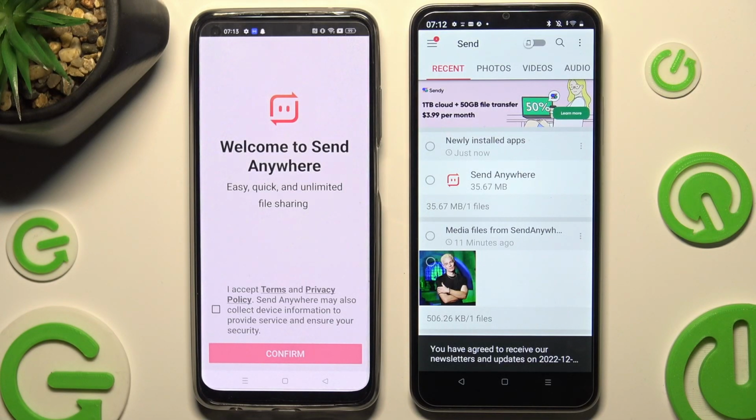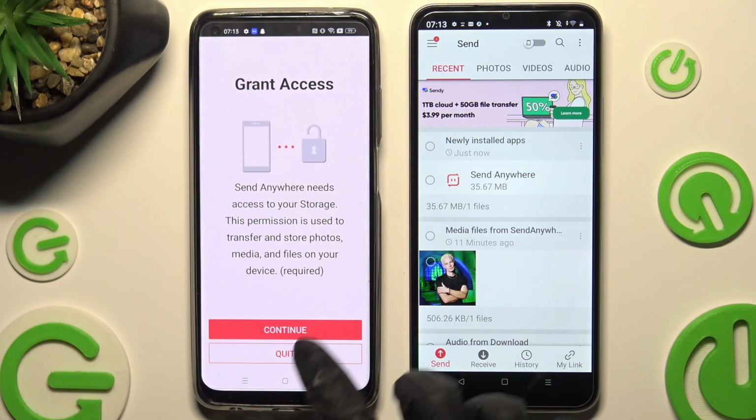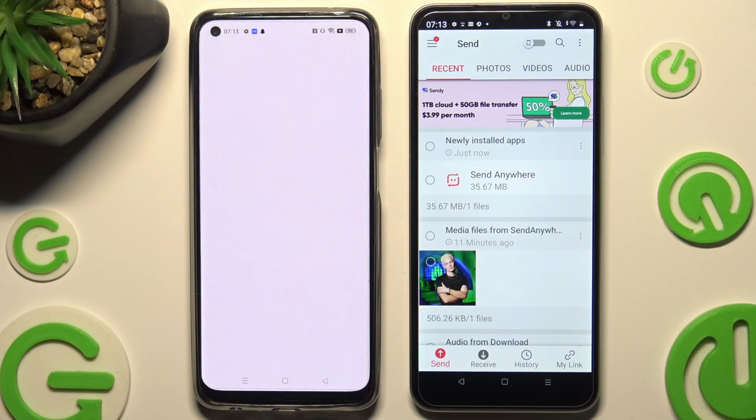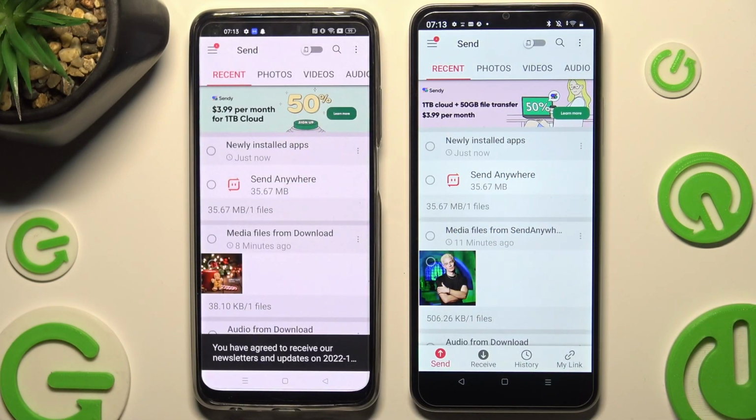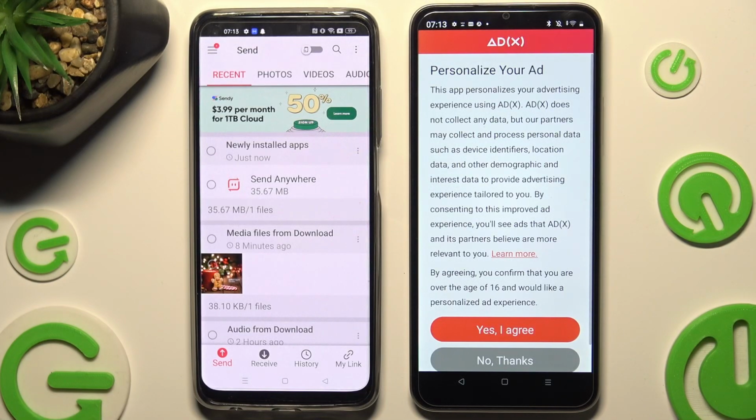Then do exactly the same on your Android. I accept, confirm, continue, allow. OK. Finally, you can choose Receive at the bottom of your Realme and Send at the bottom left corner of